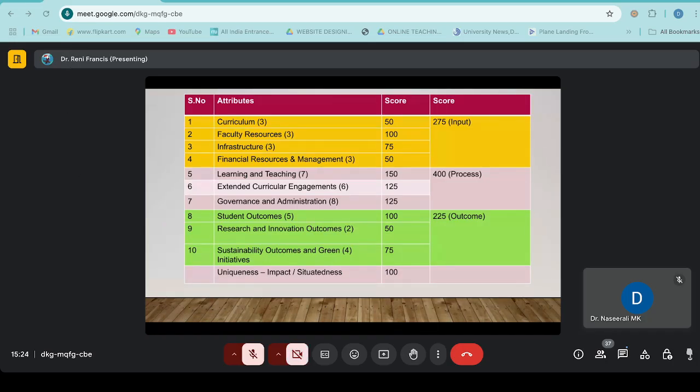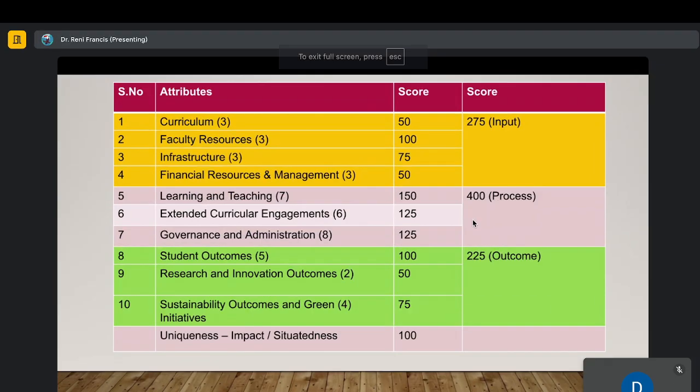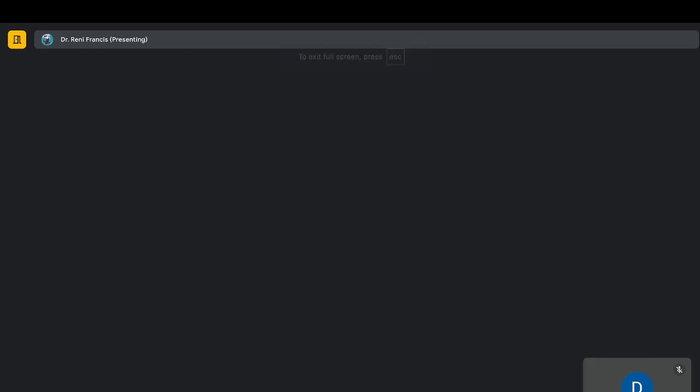Now, what change happens here is, whatever you say in attribute 1 of curriculum, you will have to show that in process in 5, 6, 7, and in outcome in 8, 9 and 10. So now if you understand,